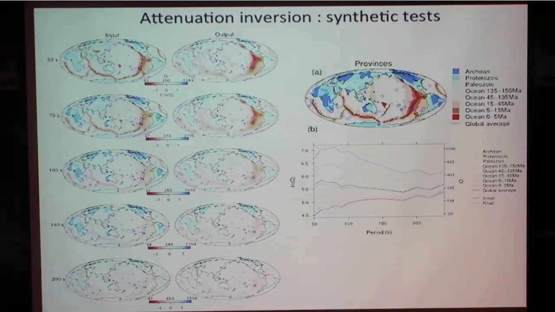So in ln of Q. And second, the inverted quality factor model that you get is never negative. If you parameterize on Q, you will get a negative value of the attenuation at one stage. So the parameterization is log of Q, and then you have to be careful of what you use as a starting model. For example, when I started to do my attenuation studies, I started with PREM, in fact, naively.